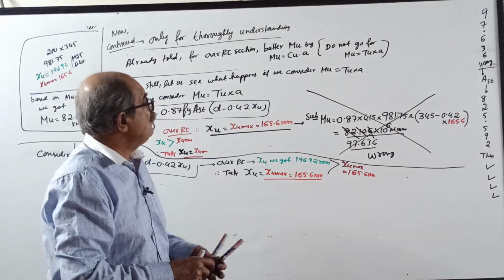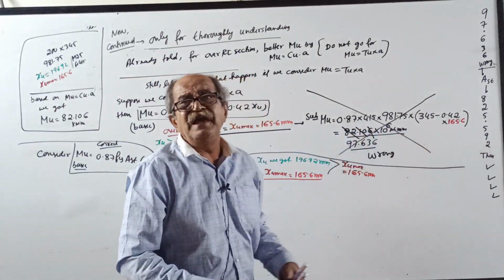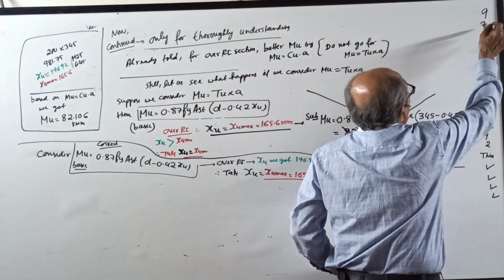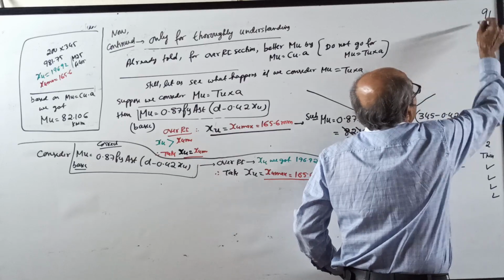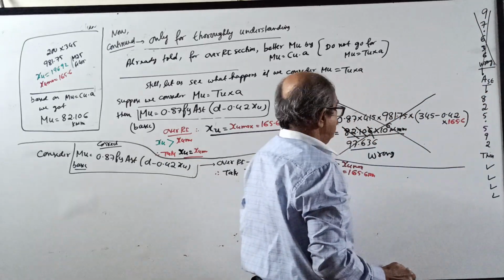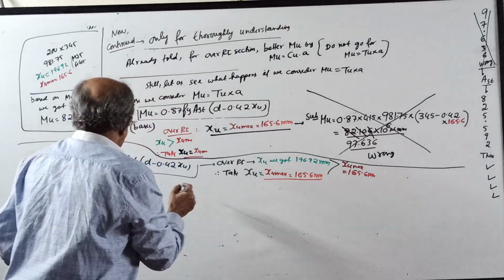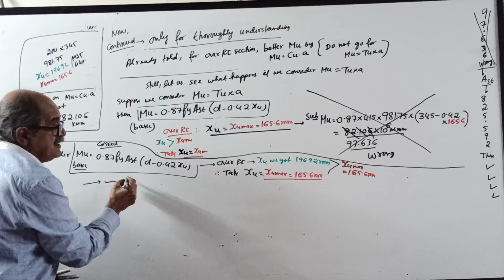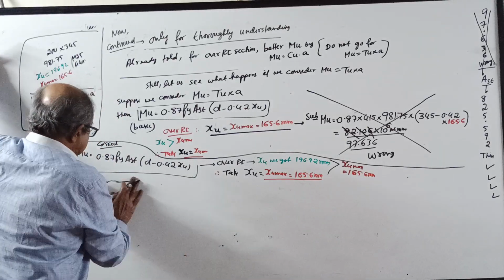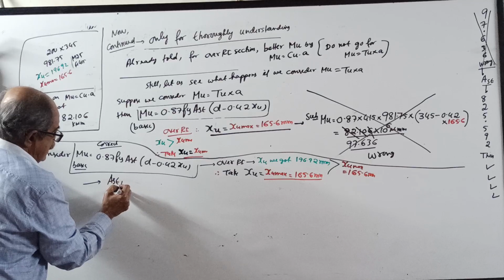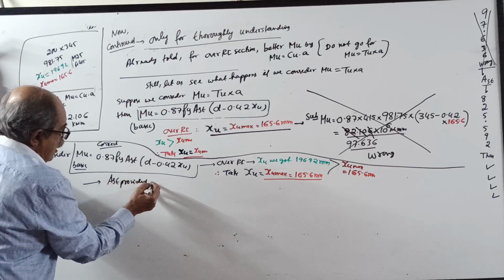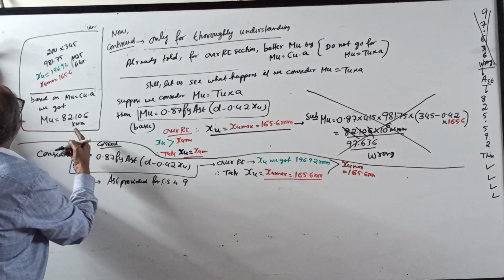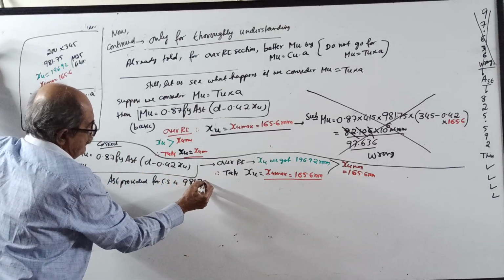Then they will tell, sir, that only we have done, sir. Still I am not getting the answer. Wait, it is not over. See, 97.636 is wrong. I will tell you now. Now see, now I will tell something here. Whatever I am telling you, you should write. Why? See, Ast provided for the cross section is 981.75 mm square,